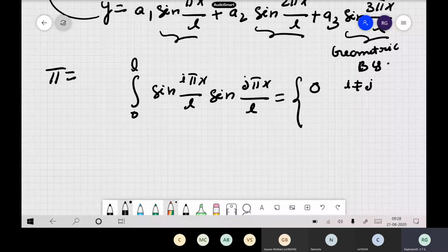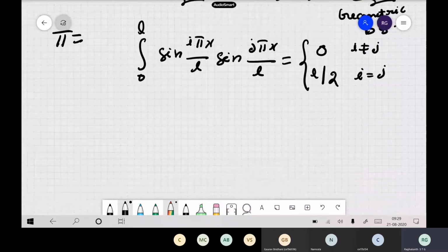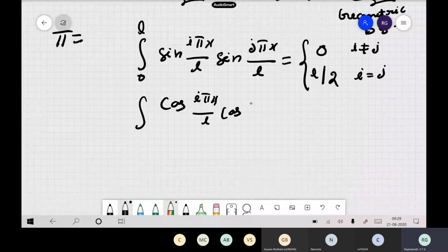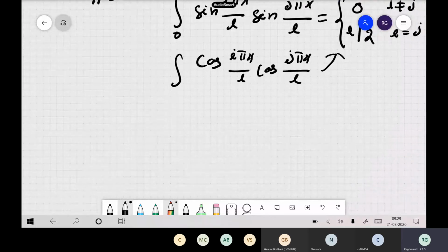Now when i is equal to j, that means in a sine square(pi x by L), what is the value? L by 2. So when you are writing exams, because you may not be using your computer, just remember this property. And the same thing is valid even for cos also, because of this orthogonality property. So sine and cos have this property, which is very useful when you are solving these types of integrals. Please remember this one. So now you can use that and solve all those things.